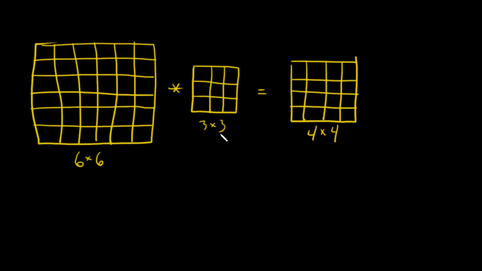Now, there is a problem if I am convolving this filter with my original image, and that problem is when I'm convolving this filter with the image, the corners up here, here, here, and here only get sampled a single time. So this corner will be sampled when it's this set of pixels. This one up here will be sampled the one time that I have the filter over that set of pixels,